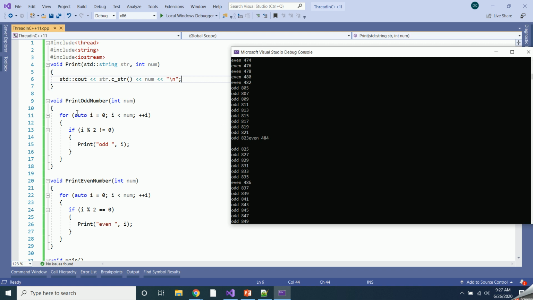Before the odd number thread completed its printing operation, the even number thread started printing.